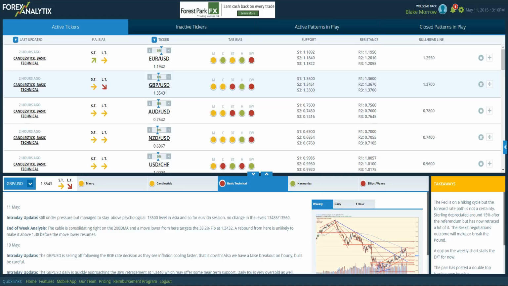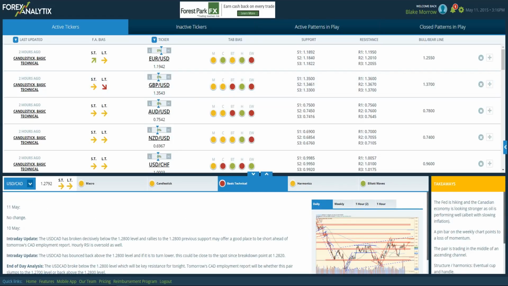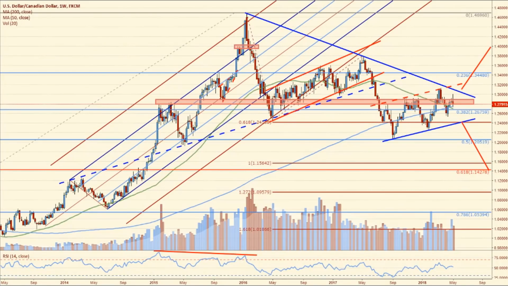I'm bullish the Canadian dollar if the NAFTA agreement can get done, and the reason why I say that is because the Bank of Canada has really been on hold, waiting to see what happens with NAFTA. So if we can get past the stumbling block, the Bank of Canada is probably going to become one of the more hawkish, if not the most hawkish central banks around from a monetary policy standpoint, which could really trigger some Canadian currency strength. And we're in this triangle type of formation.